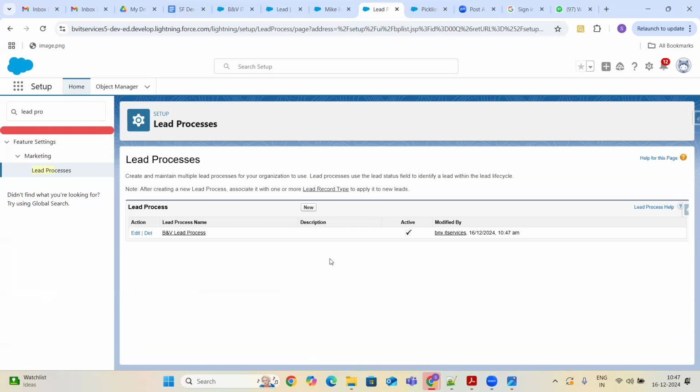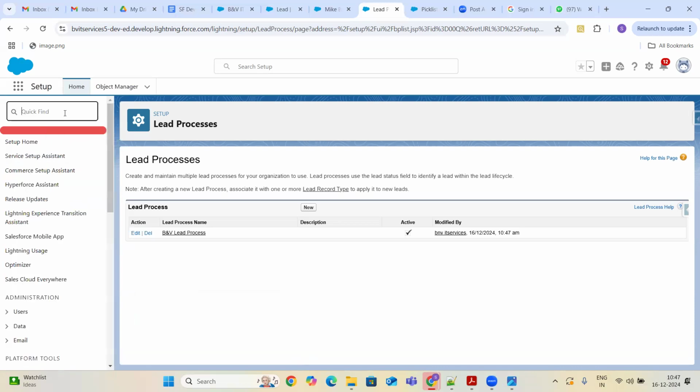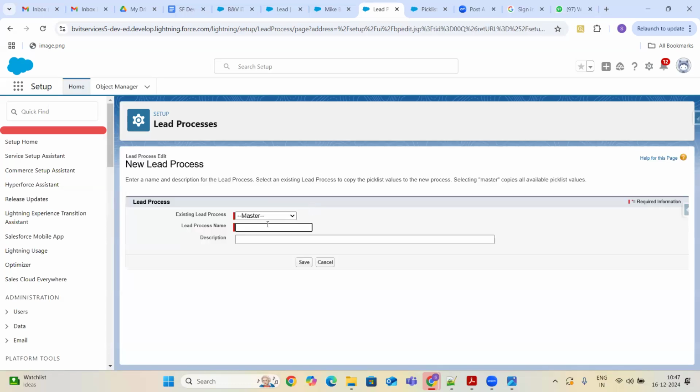Now, how do we get to know which lead? Let us assume, let me create another lead process also. This is the B&B lead process. And the next one you can create something like XYZ company.